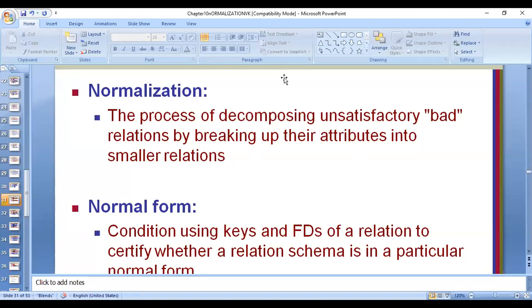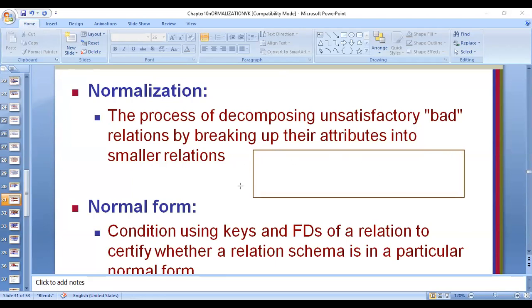For this, consider that suppose there is one relation. We have a relation like this. Now this is a big relation in which there are many attributes. I'm just drawing, so there could be many attributes. Totally we have 1, 2, 3, 4, 5, 6, 7. Seven attributes are there in this.